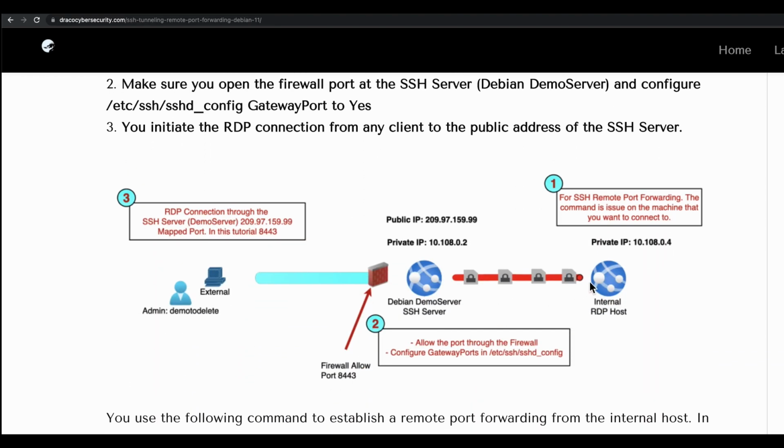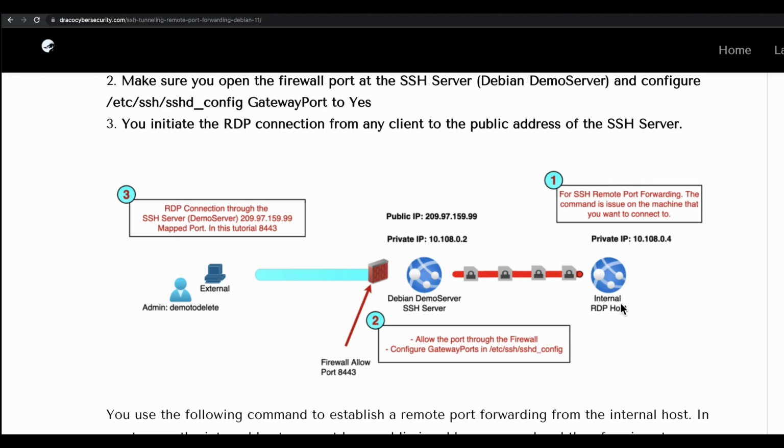So we have now reached the RDP host on 10.108.0.4 through a remote SSH tunnel, or a reverse SSH tunnel, using the remote port forwarding method. So that's how easy it is to configure and